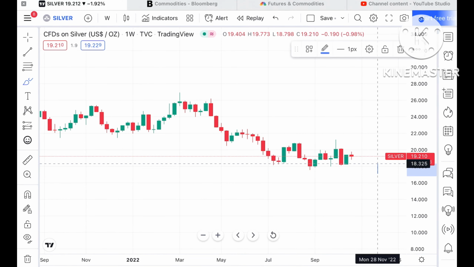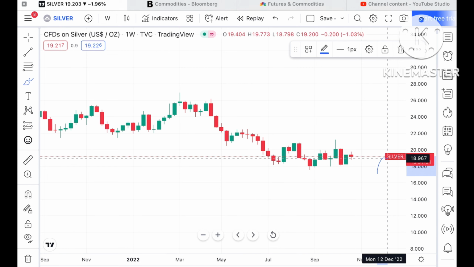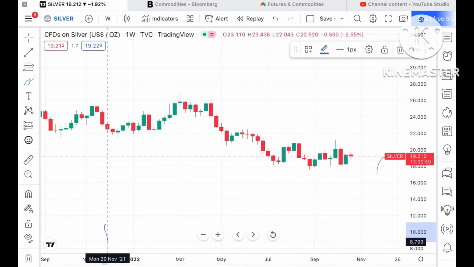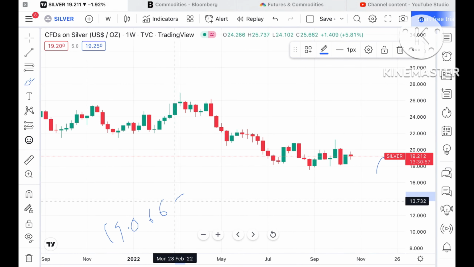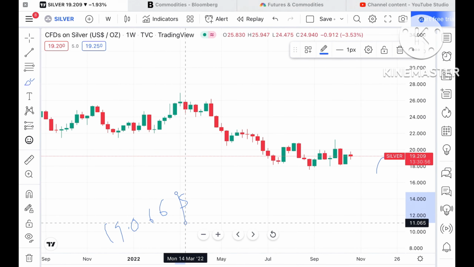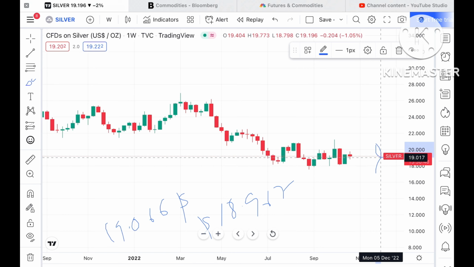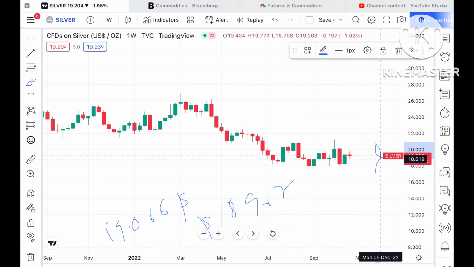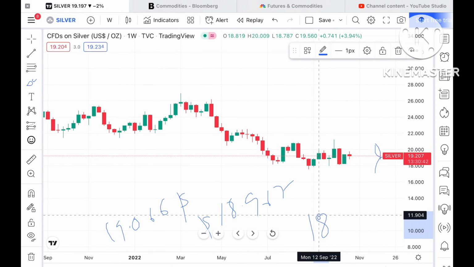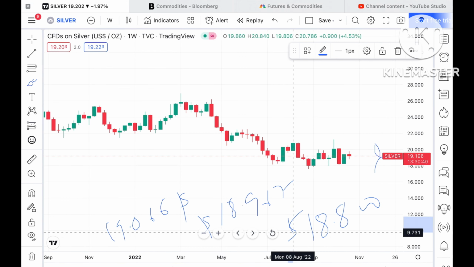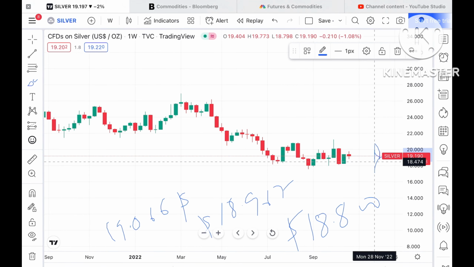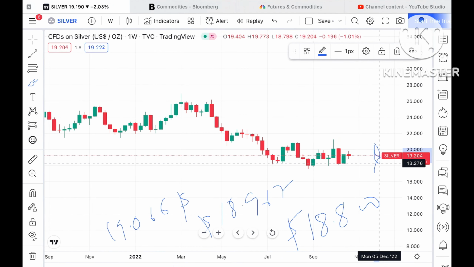Suppose the price doesn't sustain this particular level, there are high chances that it can come down towards a level of $19.066. Okay, and if the price moves below that level, then we can see it can touch a level of 18.967. Okay, and once the price goes below that particular level, then chances are very high we can see it can touch a level of $18.800, and from there we can see it can go further down, and there is a probability of touching